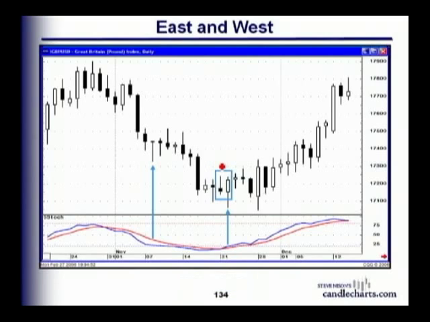Okay, so here we have a couple of signals. The blue arrow, the first one, points to a doji. This is actually called a dragonfly doji, where the opening, the high, and the close are all in the highs of the session. It's really a hammer, but instead of a real body, it has a doji. But what are the stochastics showing us? Is there a positive crossover? Is the